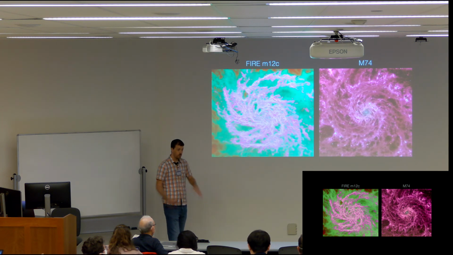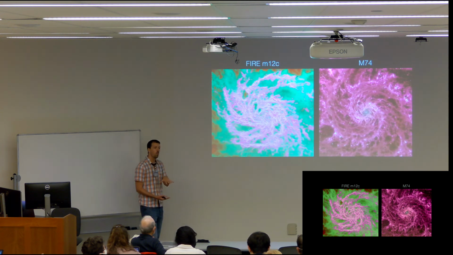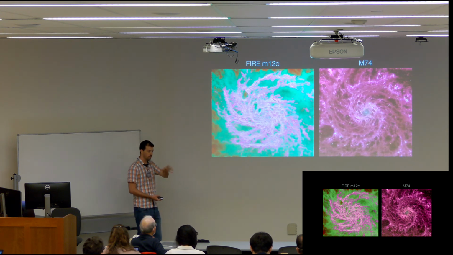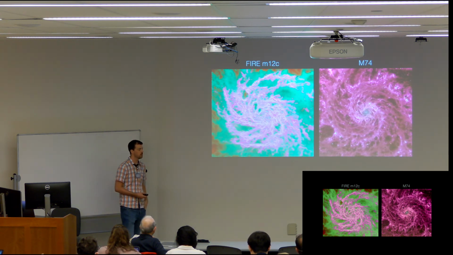So the disks were thicker at earlier times. Yes, that's a generic thing we see. Okay. Why would that make a difference in the collapse time and the properties of the GMCs that result? Well, we didn't measure the collapse time at high Z. So far we measured the lifetimes at redshift 0. We're in the process of revisiting this at higher redshift. So I don't have an answer, but I can certainly say the ISM itself was much thicker in these progenitor simulations at high Z. That's generic of all of these runs.